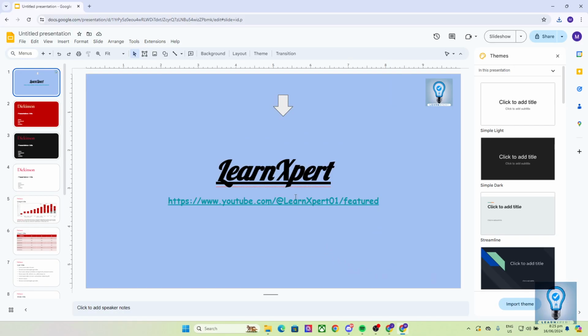And as simple as that, we can download our file in different file formats as long as it's supported by